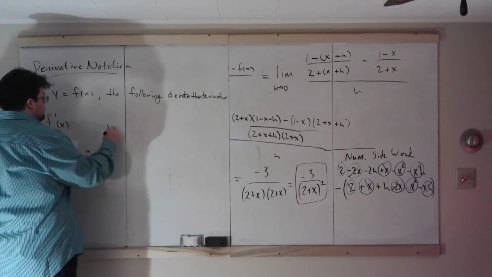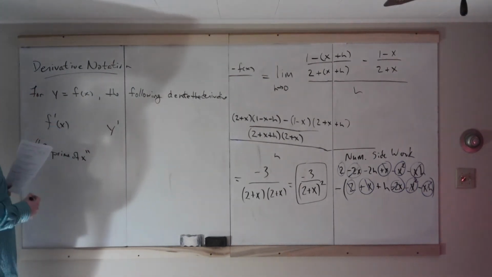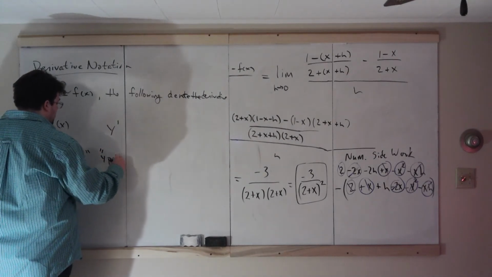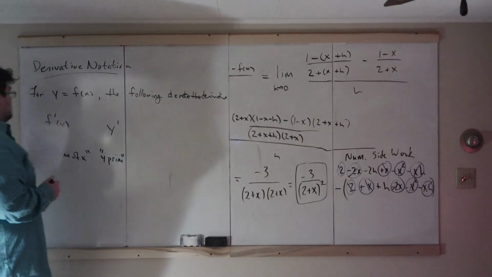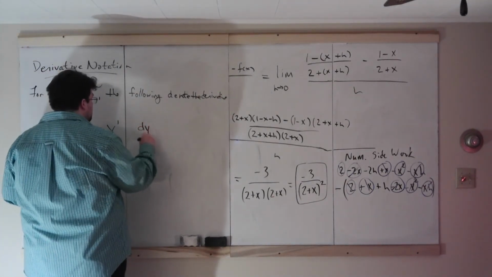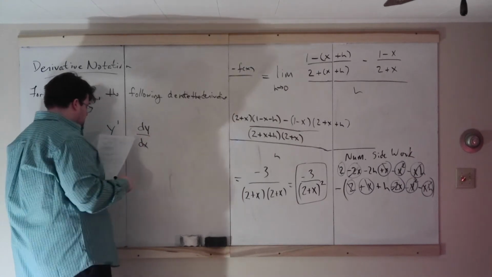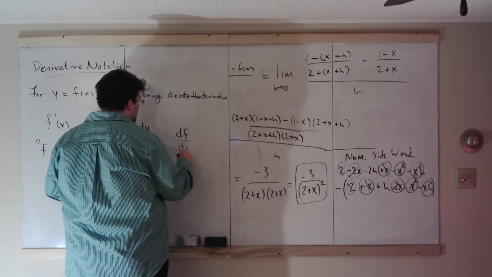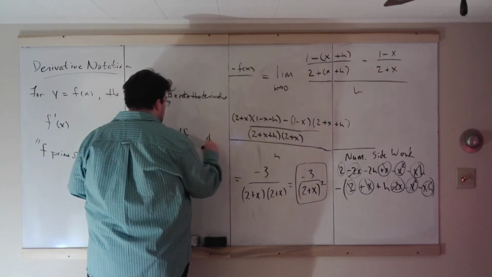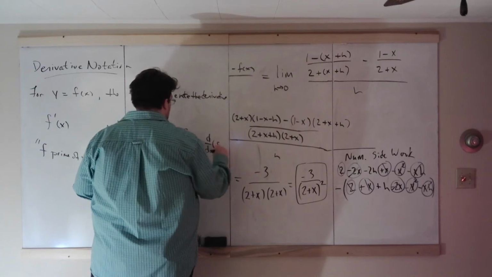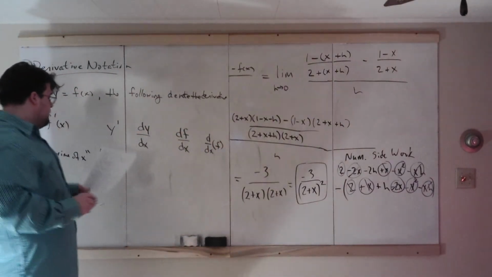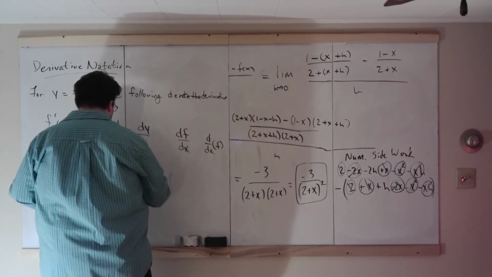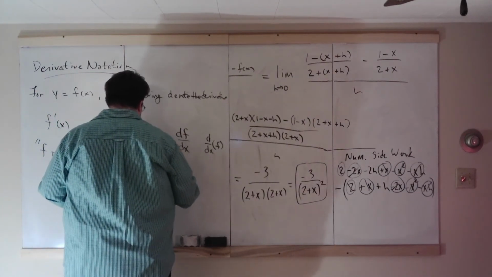So y equals f of x, we could also just say y prime and use y with that same prime mark. We could also use dy over dx. We could use df over dx. We could use d by dx of f. So all three of these have the same basic way of reading them. The derivative